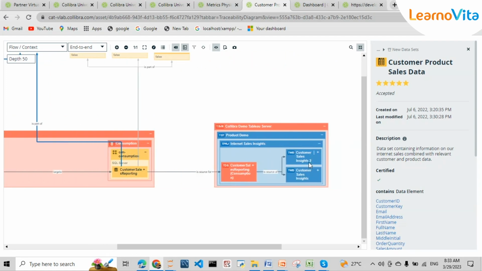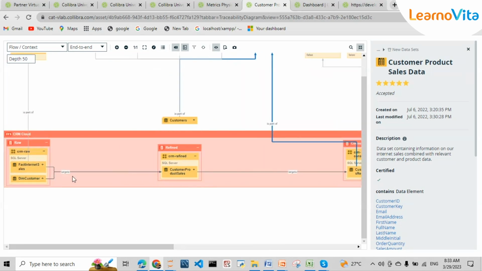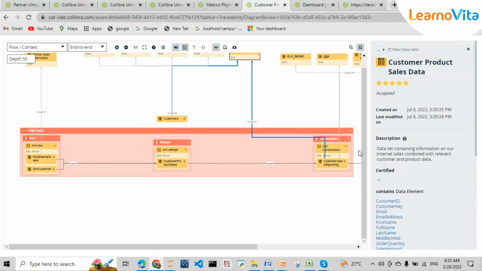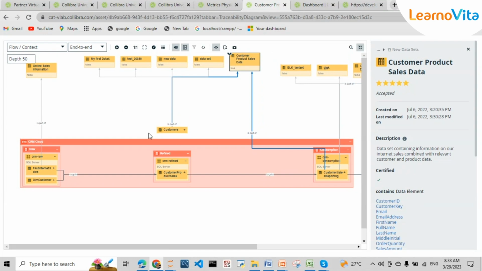If I'm checking some of the columns from the Tableau dashboard, and I need to know the underlying structure of the data for this dashboard, this TDS, then I can look into it here and see, okay, this is coming from this table. That's why it is getting this value, and I can verify that too. Also they are combining with these multiple data sets. These are the data sets. So the customer is a part of this many data sets. Multiple data sets have customer as a part of them,